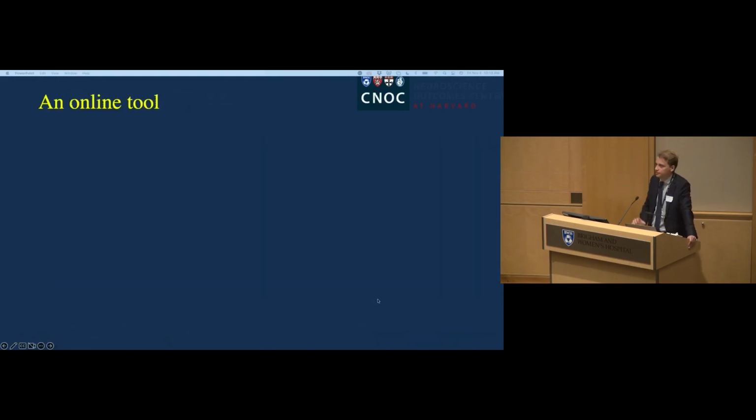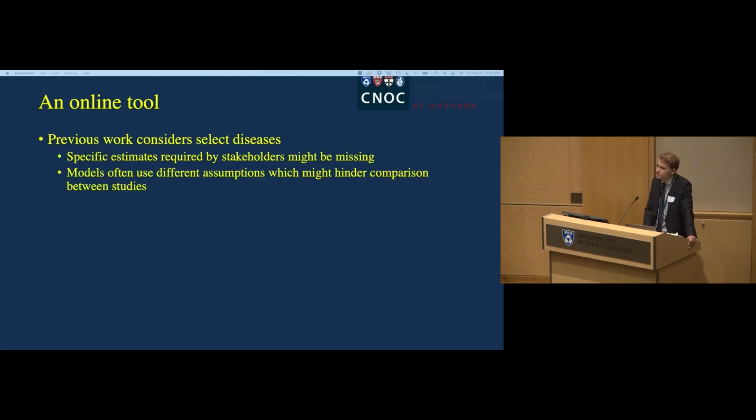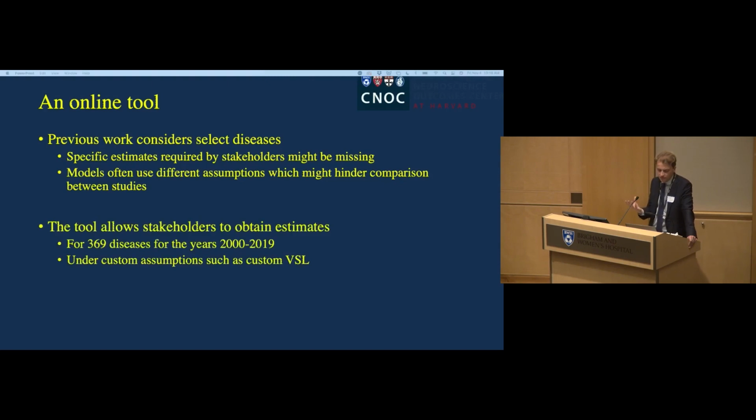And there's been a handful and an increasing literature using this model for other disease causes over the past 5-10 years. But they all will often consider either a select disease or a series of diseases. And that might not match what a policymaker, the data policymaker requires. And also, they will use different assumptions, which might hinder comparison between studies. So we sought to use the DALY data provided by the Global Burden of Disease study to allow a policymaker to make any custom assessment of disease burden for the years 2000 to 2019, and also under custom assumptions of